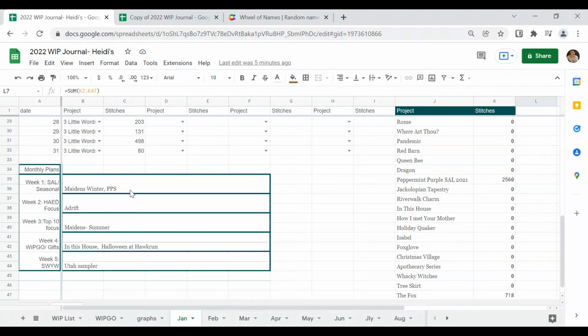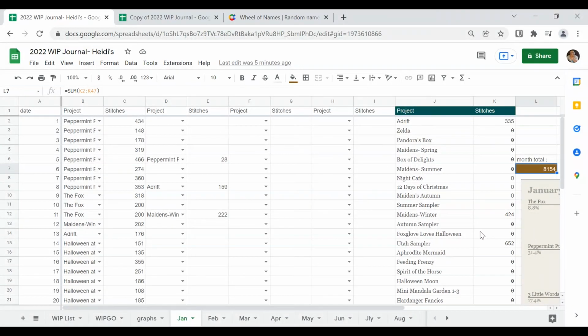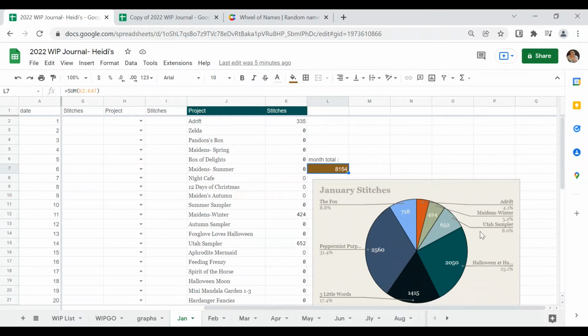So I kind of am going to change that up a little bit, probably. Also, week 2, I wanted to have a Heaven and Earth design, or one of my BAP focuses, and Adrift is my oldest one. I really want to get much farther in it than I am now. I did not do a whole lot of stitching. In fact, that was the one that had the least amount, 35 stitches. It's my little